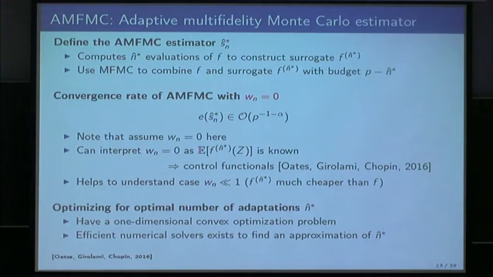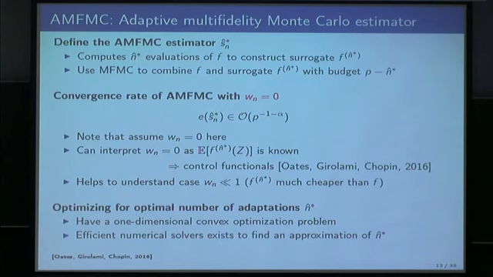Okay, now what else can we say about this estimator? The first case to consider here is where the cost of evaluating the surrogate model is 0. Now, this is unrealistic, and we will not have this in practice, but it gives us some insights on what's going on. What we can show in this setting is that this mean squared error has a cost complexity of p to the minus 1 minus alpha. So we find this alpha rate, the rate with which the surrogate model converges with respect to this correlation coefficient, we find that rate here.